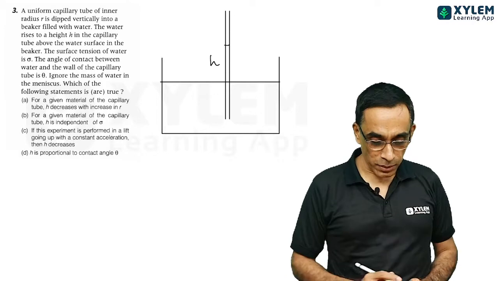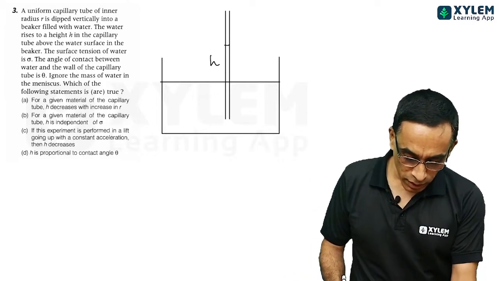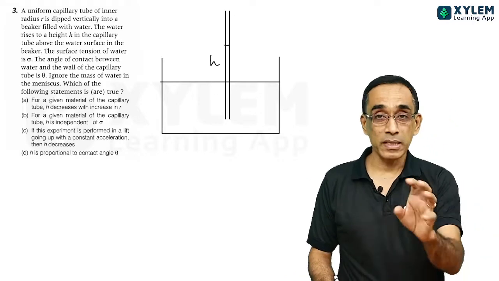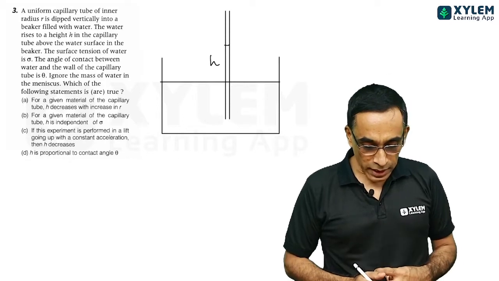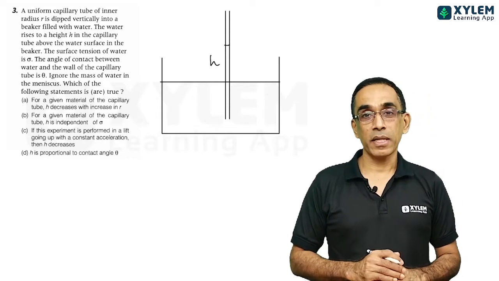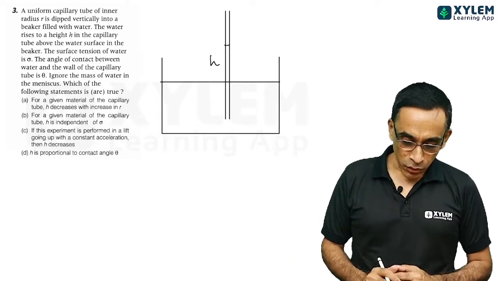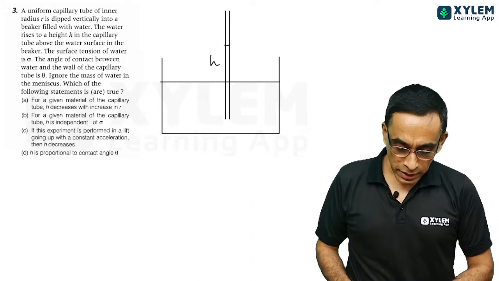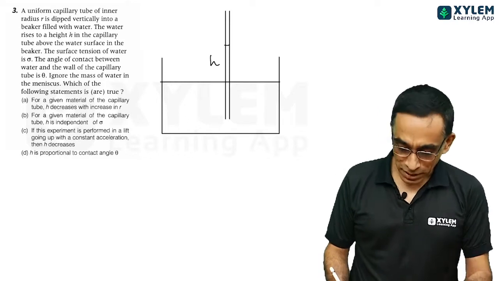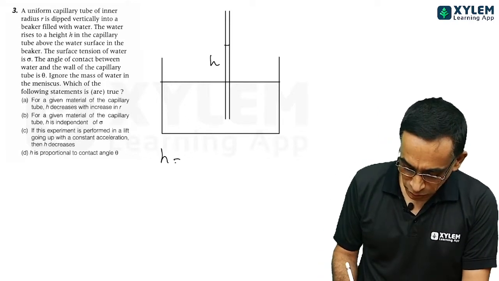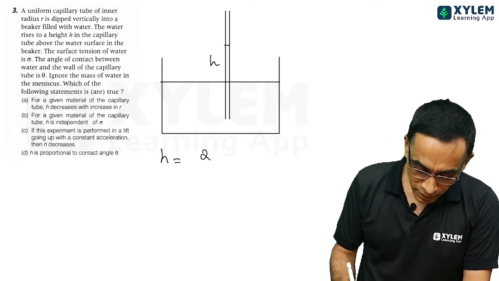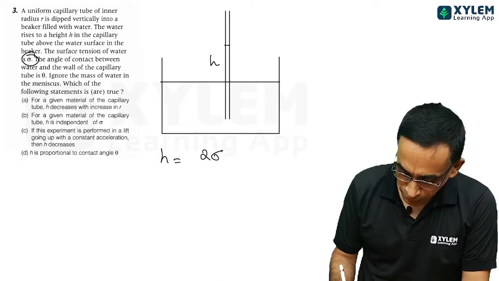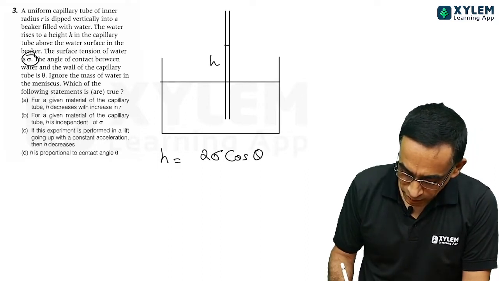Above the water surface. The angle of contact between water and the wall of the capillary tube is theta. It's called the angle of contact. Ignore the mass of water in the meniscus. Which of the following statements is or are true? See, this question, with 4 options, is based on this equation: H equals 2 surface tension sigma cos theta divided